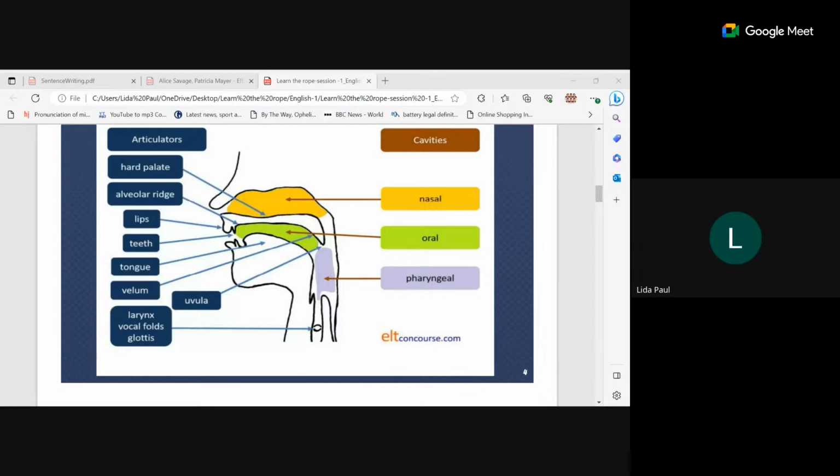So the main three. There are other nasal sounds, of course. In our languages, we have more nasal sounds. But in English, you have just three: ma, na, and ng. Ng is the sound that you hear in words like ring, sing, singer. So the last sound you hear in words like ring, sing, this is actually the ng sound, the third nasal sound in